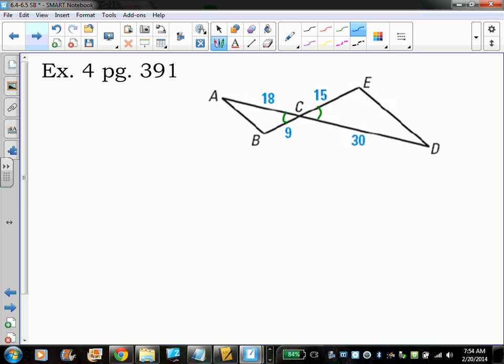Now, looking at the shapes of these, which you're going to want to use a little bit of judgment with, it looks to me like if we were to flip CED around, kind of flip it upside down, it would have the same orientation as triangle ABC. So it looks to me like the 30 side matches up with the 18, and the 9 matches up with the 15. So what we should do is set up 30 over 18, and we want to find out what that is exactly. Well, if we reduce it, dividing both numbers by 2, we get 15 over 6. If we reduce those by 3, we get 5 over 2, so that would be